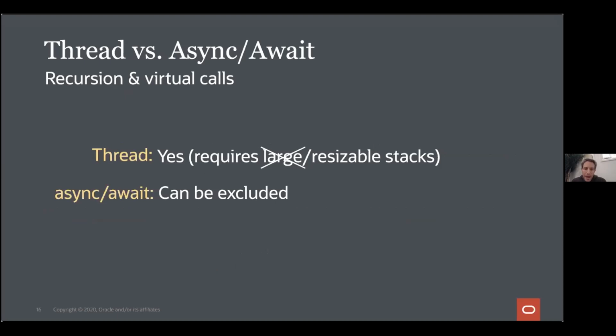Another difference is in allowing constructs that can result in a non-deterministic stack depth, like recursion and virtual dispatch. And those are two things that subroutines commonly do. This means that thread stacks either need to be very large, that's how the OS does it, but that's a big reason why we don't want to use OS threads in the first place. We'll get to that soon. Or they need to be dynamically resizable. And that has implications on implementation languages like C++ and Rust. On the other hand, async await is a different syntactic thing, and we can say that those two things are excluded inside it.